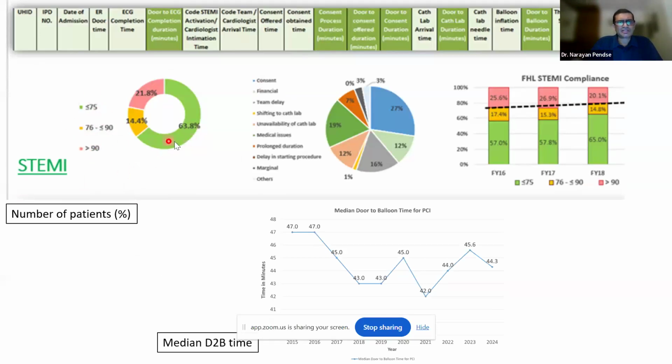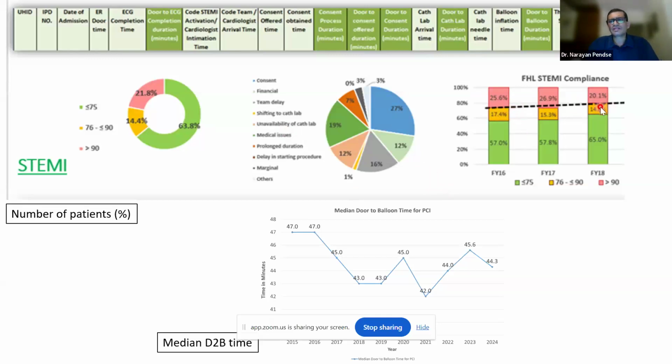So we were able to achieve a door to balloon time within 75 minutes in 63% of cases, while between 75 and 90 minutes it was almost 14.5% additional, while in 21% of cases in this particular hospital, in this particular month, it was beyond that. And then we also defined the reasons for some of these delays. For example, delay in consent, financial clearance, delay in arrival of the team, delay in shifting to the cath lab, etc. So you can create dashboards and analytics as per your comfort and convenience,